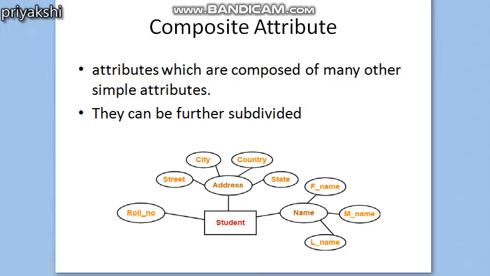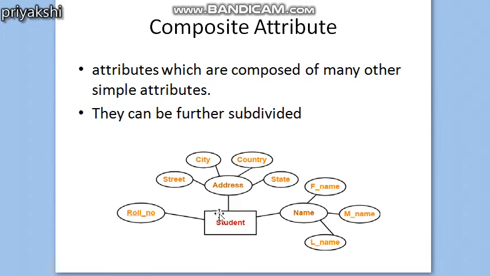The second type of attribute is known as the composite attribute. Composite attributes are those attributes which can be divided into smaller subparts, which represent more basic attributes with independent meaning. That means the attributes which are composed of many other simple attributes are known as composite attributes.